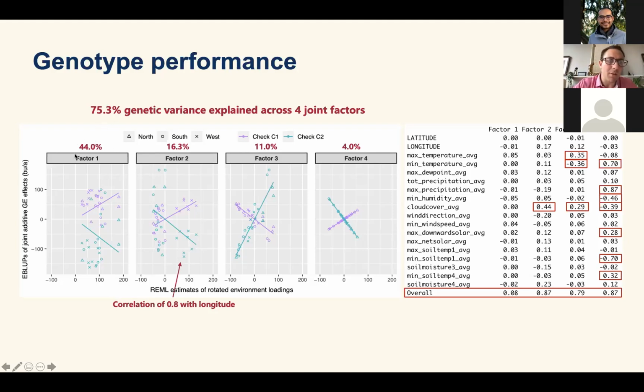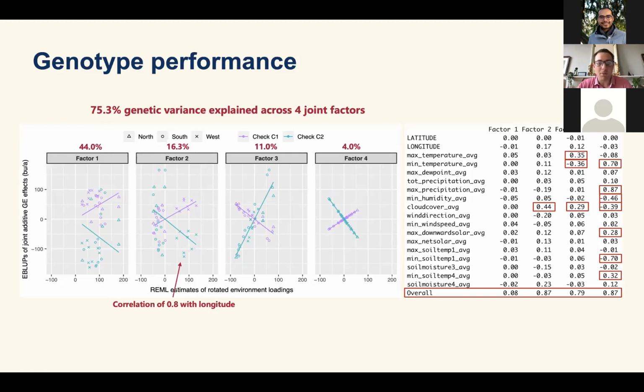And what I've just done here is partition that genetic variation into the different factors. So we can see that the first factor captures the most, followed by the second, followed by the third, followed by the fourth. And there's all nice little things going on here, like that they're orthogonal and all the rest of it too. So it makes interpretability quite nice. Now, the left-hand figure here is no different to what you would attain from the normal factor analytic model.